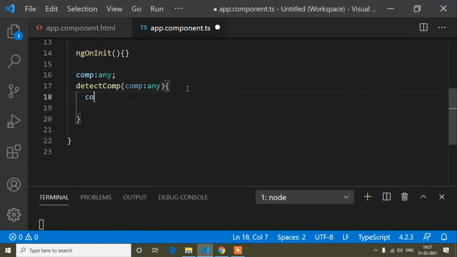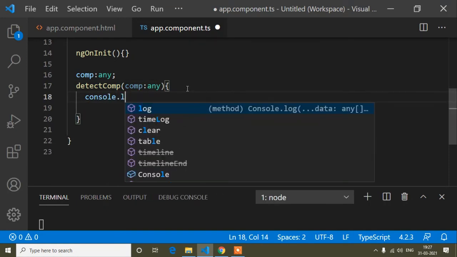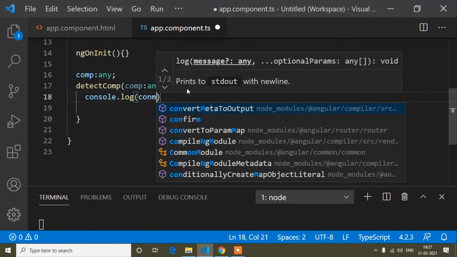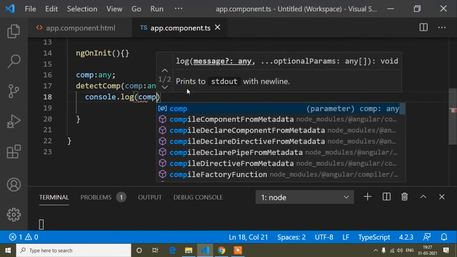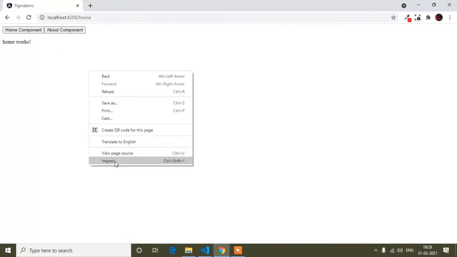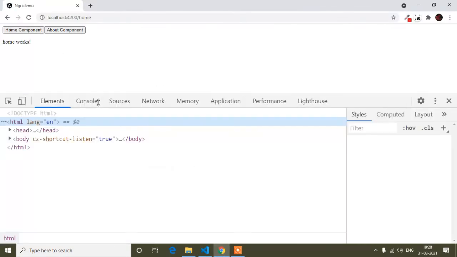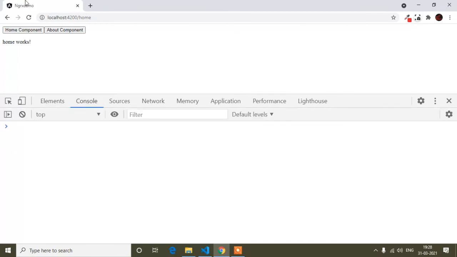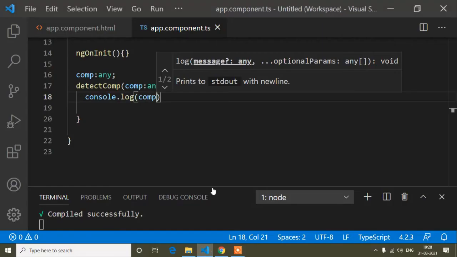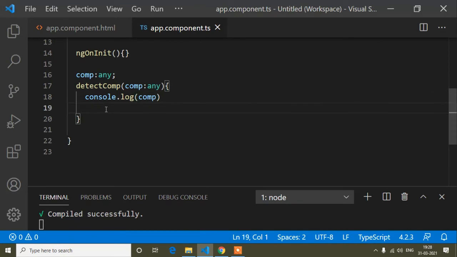So now if I console.log comp, and I open our inspect, and suppose I click home, you can see I'm getting home, and I'm getting about when I'm clicking about. So now we can write the condition here: if comp triple equals home,